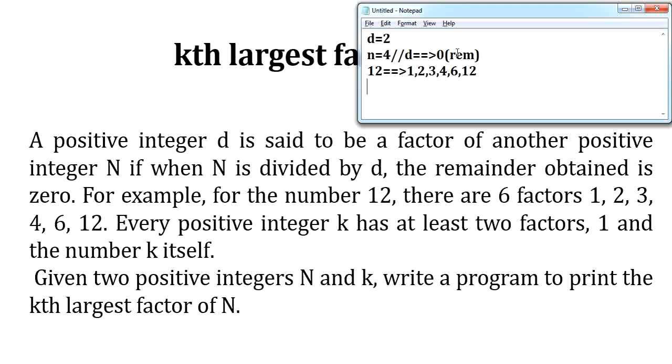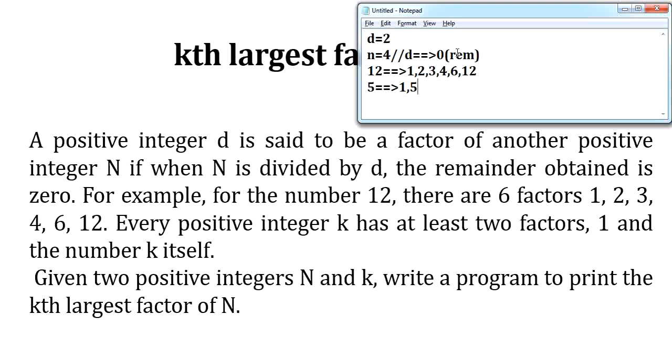If you are considering one more number, 5, what are the factors of 5? 5 has only 2 factors, that is nothing but 1 and the number itself. So if the number is a prime number, it will have a minimum of 2 factors. If the number is not a prime number, it can have more than 2 factors. This is a rule, right? This is what they are given so far. Let us move on further.